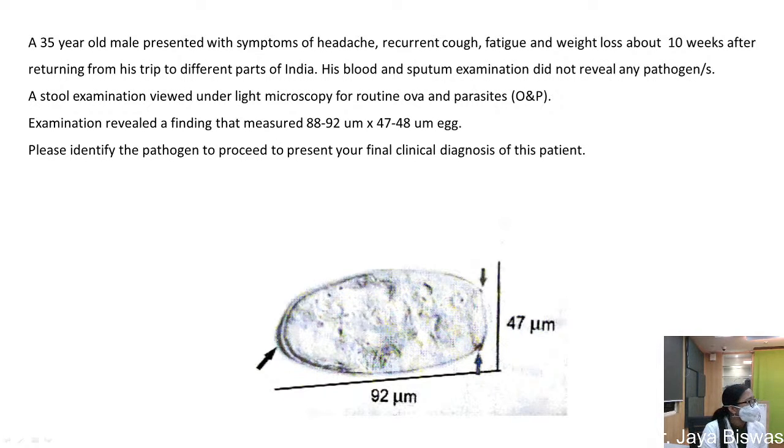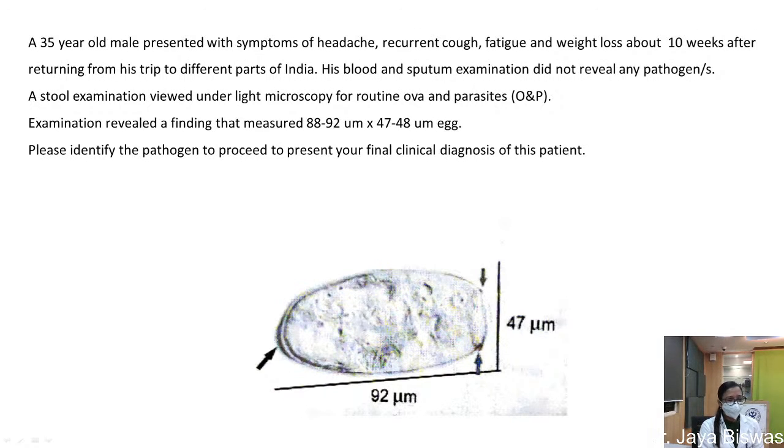So what is your DD? Looking at the size of the egg, what is your DD? Ma'am, I am suspecting an operculated non-embryonated egg, which can be Paragonimus. Other than that, Fasciola and Fasciolopsis can be there, which are lung flukes, liver flukes, and intestinal flukes. Basically trematodes, except Schistosoma. Another DD can be Diphyllobothrium latum, which has an operculated egg. Among all this